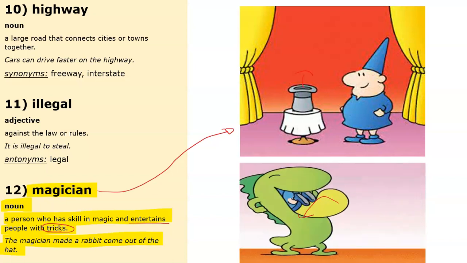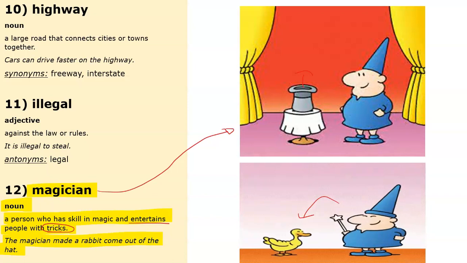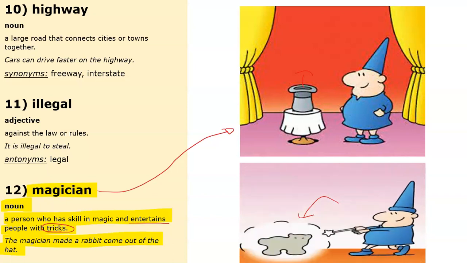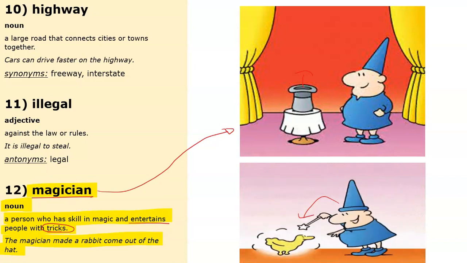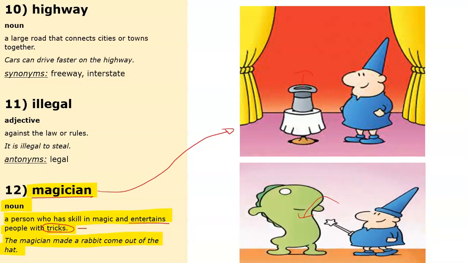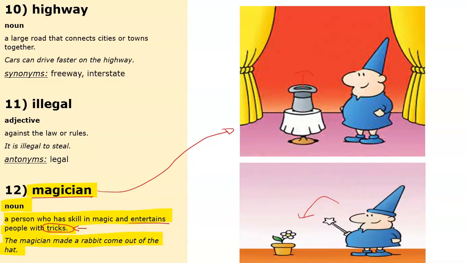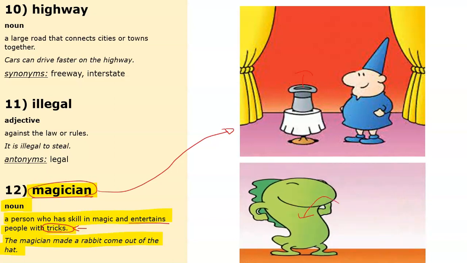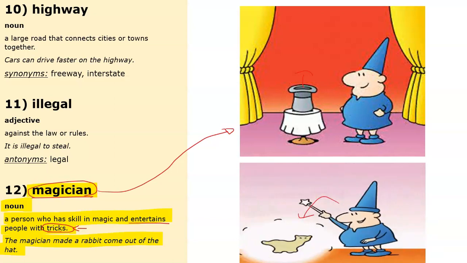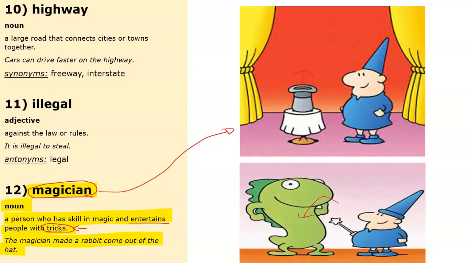can change some animals into different things. But a magician does not have real magic. Everything that the magician is doing is a trick. It's not real. Have you ever seen a magic show? And did you like the magician? What trick did the magician do that you really liked?